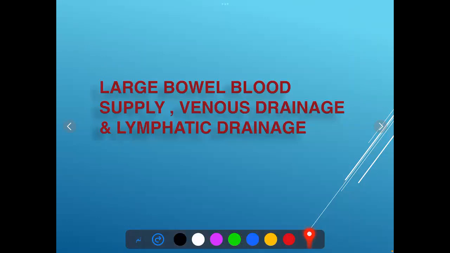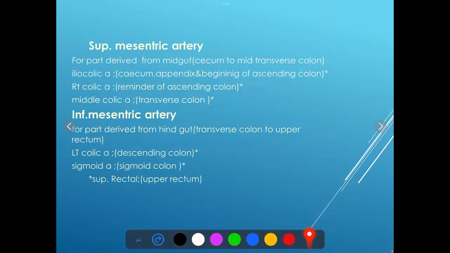Large bowel, blood supply, venous drainage, and lymphatic drainage. Blood supply of the large bowel is through superior and inferior mesenteric arteries. Superior mesenteric artery supplies the part derived from the midgut, from the cecum to the mid-transverse colon. It has three branches: ileocolic artery, right colic artery, and middle colic artery. The ileocolic artery supplies the cecum, appendix, and beginning of the ascending colon. The right colic artery supplies the remainder